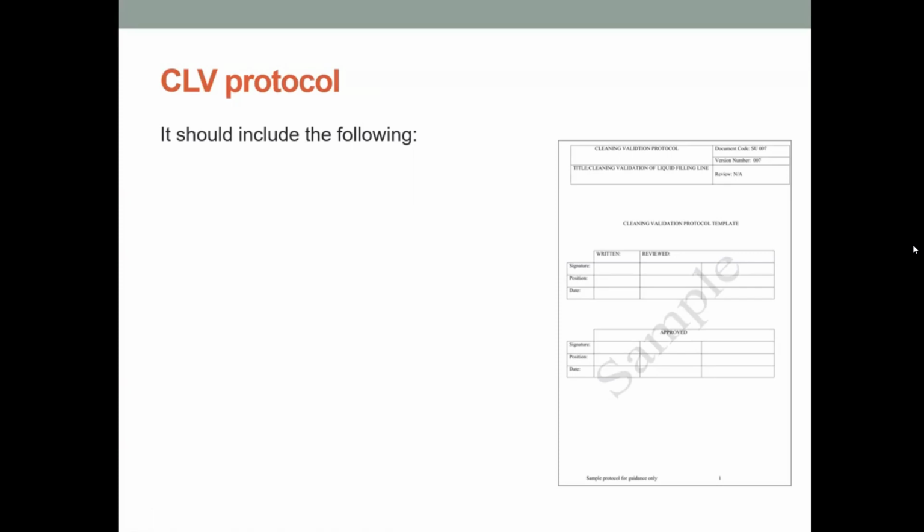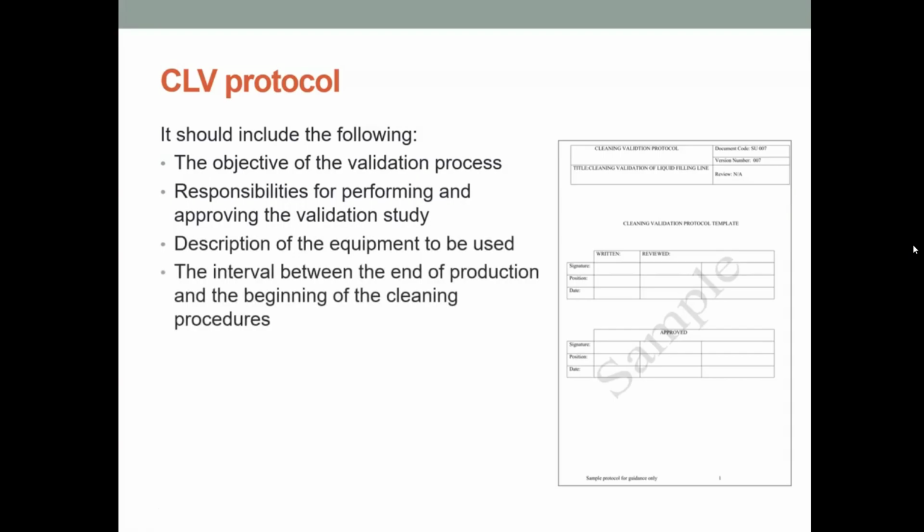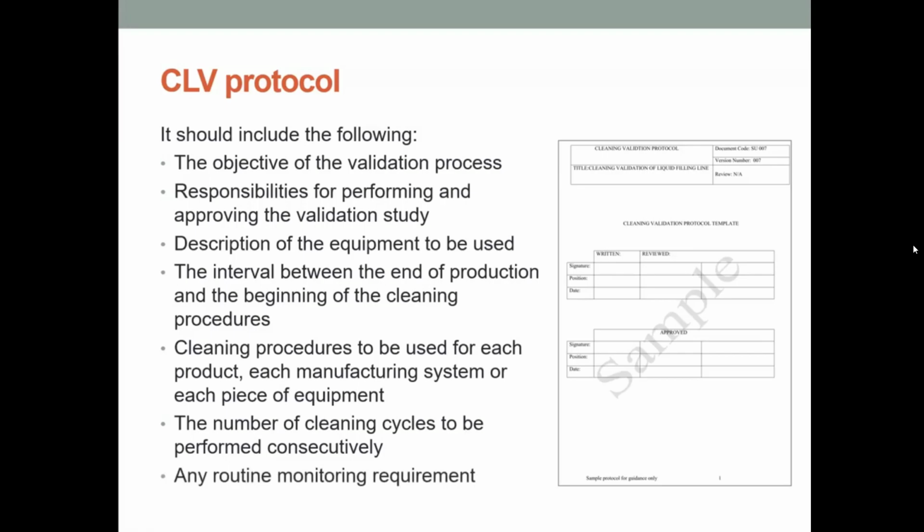Your cleaning validation protocol should include the following: the objective of the validation process, the responsibilities for performing and approving the validation study, the description of the equipment to be used, the interval between the end of production and the beginning of the cleaning procedures, the cleaning procedures to be used for each product, each manufacturing system, or each piece of equipment, the number of cleaning cycles that need to be performed consecutively to give you a passing result, any routine monitoring requirement,